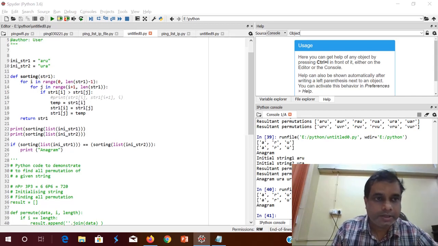So, here I have taken two strings, ARU and URA. We will check whether these two strings are anagrams or not. Okay, so we rearrange this one and see whether they are matching. That's called an anagram. So what we are doing here is that